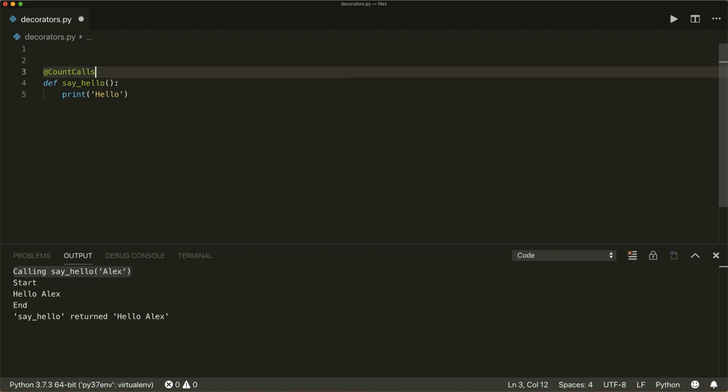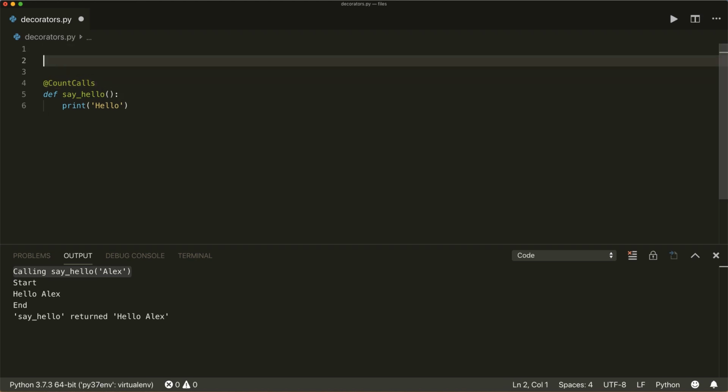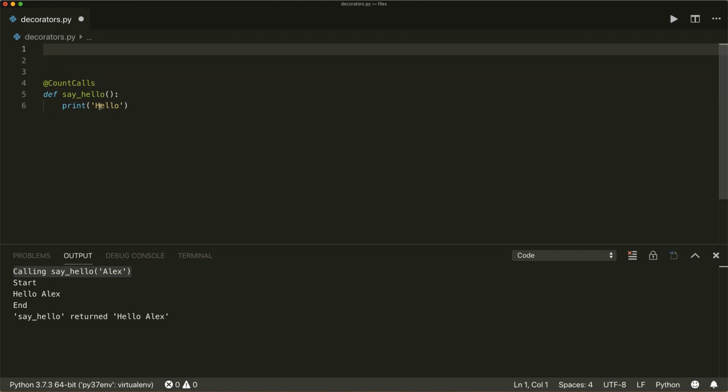Class decorators do the same thing as function decorators, but they are typically used if we want to maintain and update a state. So in this example, I want to keep track of how many times I have executed